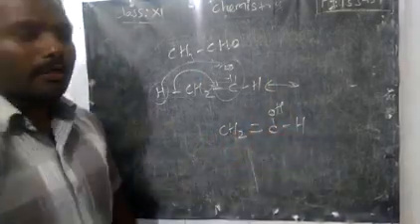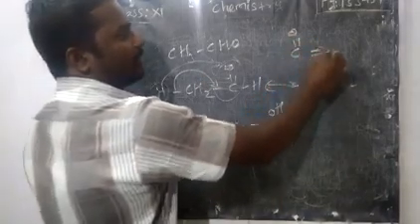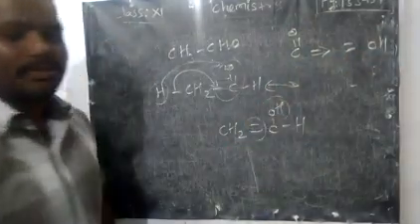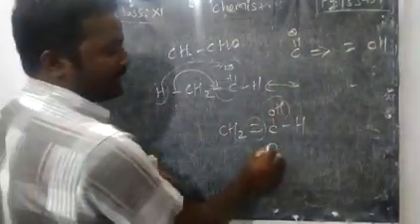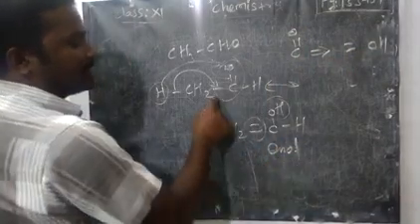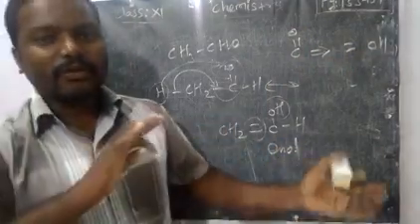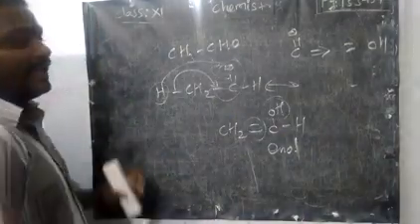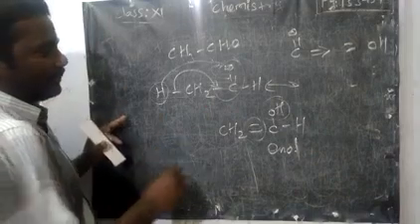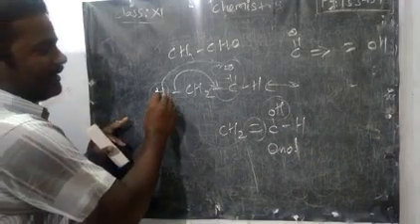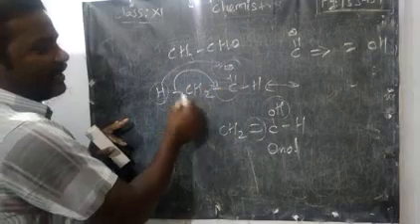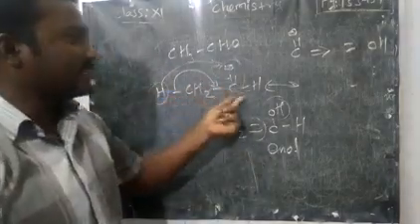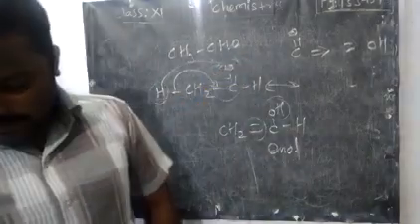Already I told you, the keto form is converted into a double bond with an OH group. See, there is a double bond and an OH group. That is called the enol form, right? This is called the keto form. This interconversion of enol and keto form is called what? Tautomerism, enolization. Here, listen, the hydrogen is moved between 3 elements. That's why this is called a triad system. One is the first carbon, second carbon, and also oxygen, right?